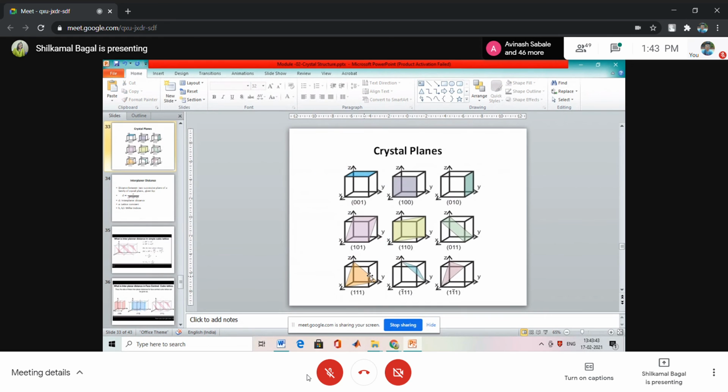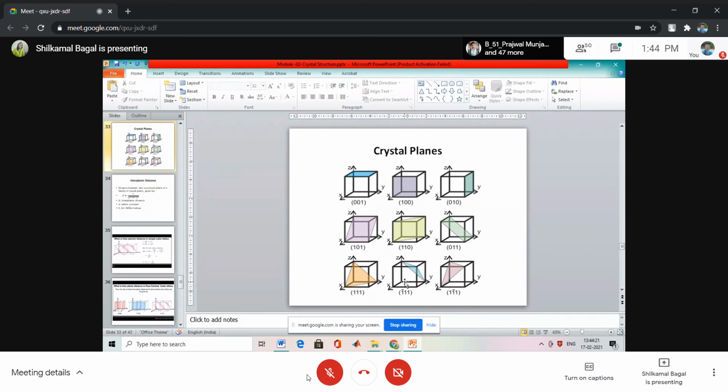Now, the third one. See this plane? Now this plane's indices are 1, 1, 1. Then how to draw this? The reciprocal of 1, 1, 1 will be the same as it is, that is 1, 1, 1. So this plane has an intercept of 1 unit, 1 unit and 1 unit on a, b and c respectively. So make marks of those intercepts, that is, along x this corner, along y this corner, along z this corner, and just join these 3 points and show it by shading. This is plane 1, 1, 1.